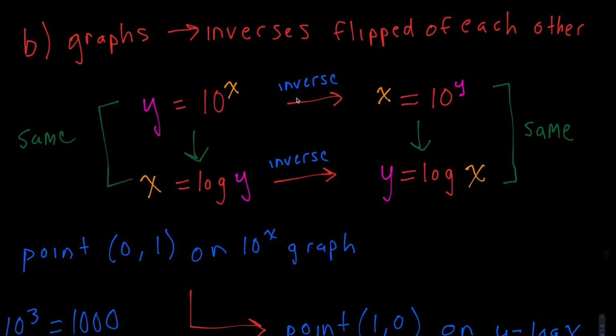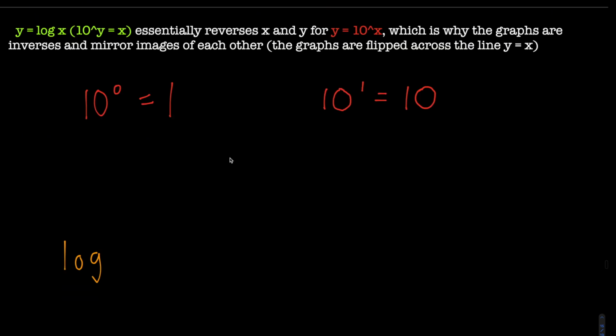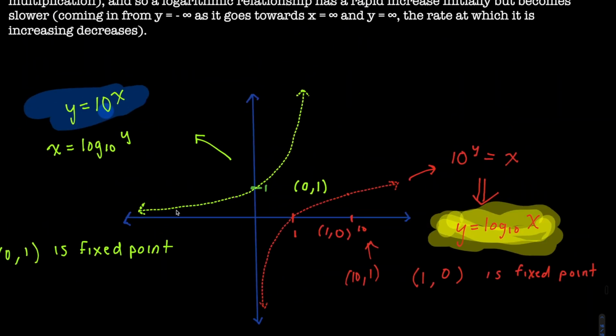The next part is looking at the graphs, which really help. So first, what function is y equals log of x? Y equals 10 to the x is the exponential function that we see when we're graphing something like this. You can see here, this is the y equals 10 to the x graph, and this is an exponential function. I showed in a previous video that as you increase the base of the exponential growth, if you go from y equals 2 to the x, to y equals 10 to the x,